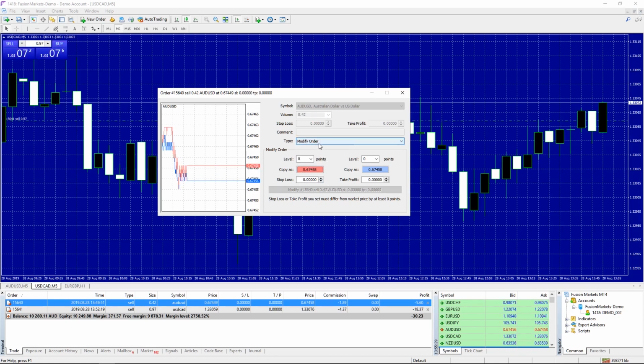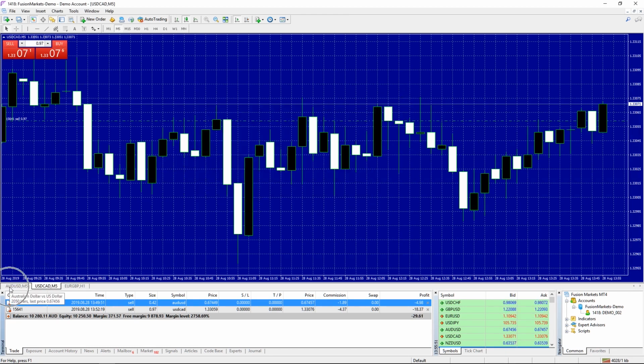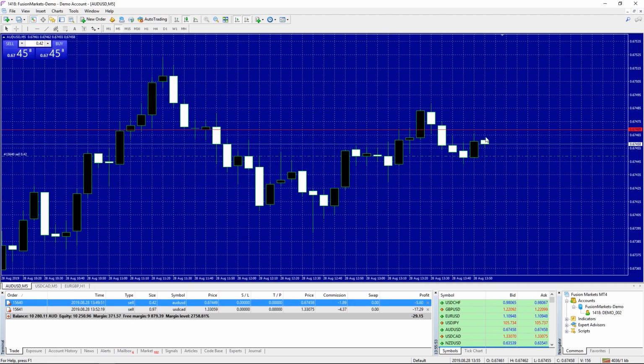You can see here you're modifying the order, so you can actually set a take profit and/or a stop loss. And so we went short on this particular trade. We sold first, which means that if it goes up, as it already is a little bit, we're going to start losing money. So I'll just bring up the chart, the Australian dollar chart, in fact. So let's say, for example, if it goes up to 0.67525, then we want to close out of this trade,